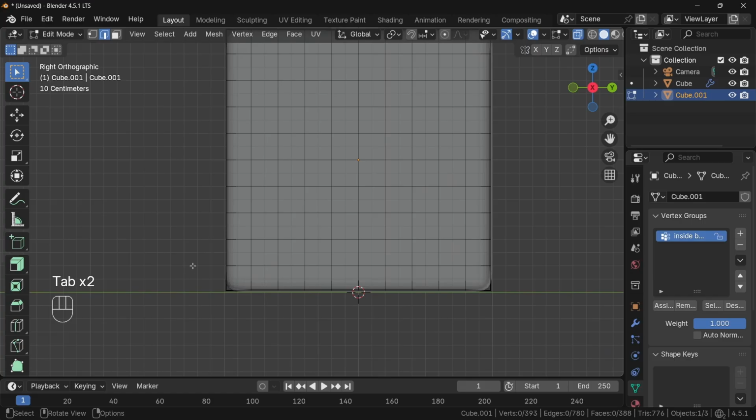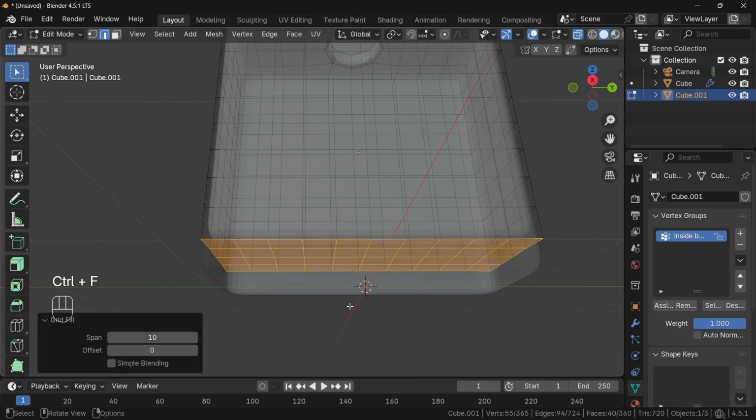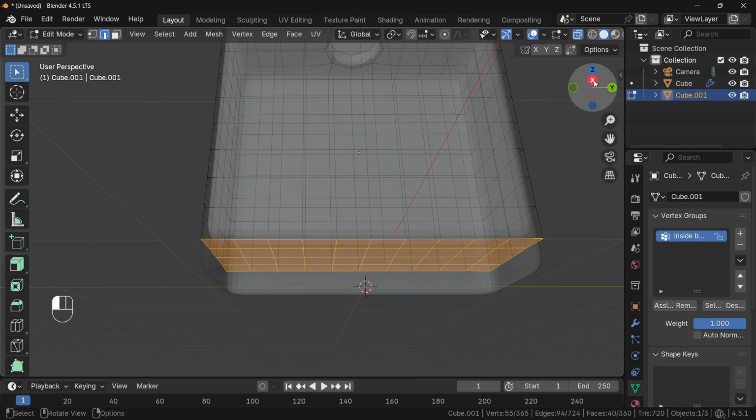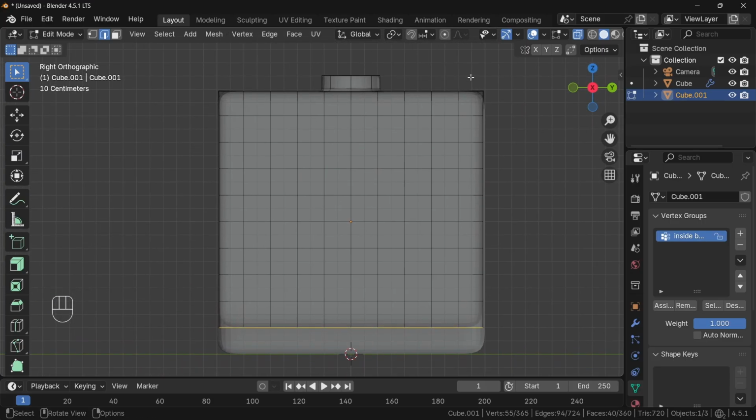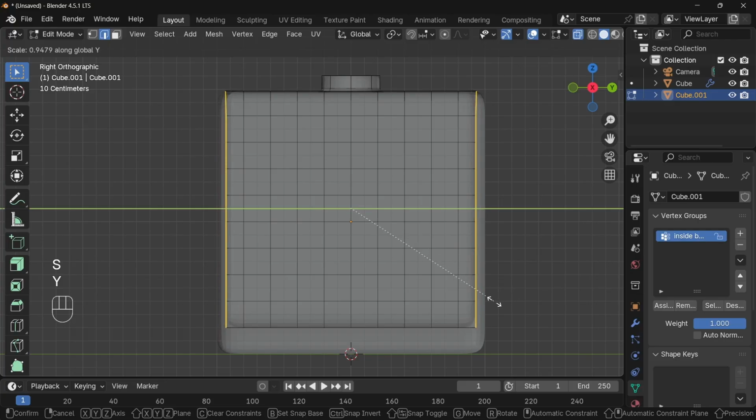And to get thickness at the bottom, I will delete these faces, select these edges, and press Ctrl F, Grid Fill. I will add some thickness on the sides too. With the side face selected, I will scale them slightly on the y-axis,